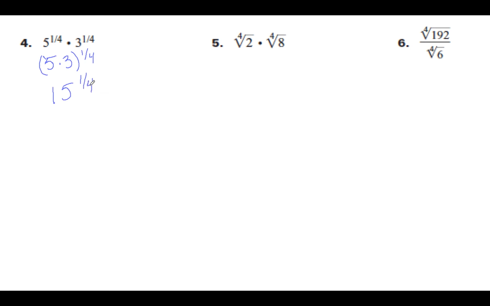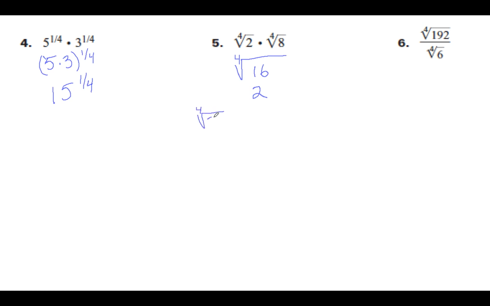1/4 power. Problem number 5 is going to be the 4th root of 2 times the 4th root of 8. Okay, so since they both have the same root taken to them, this is going to be the 4th root of 16. 4th root of 16 is going to be 2. Another way to look at that is